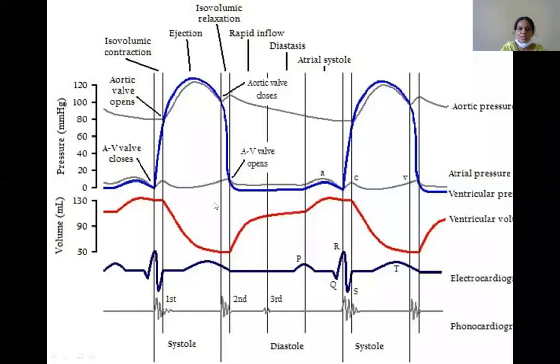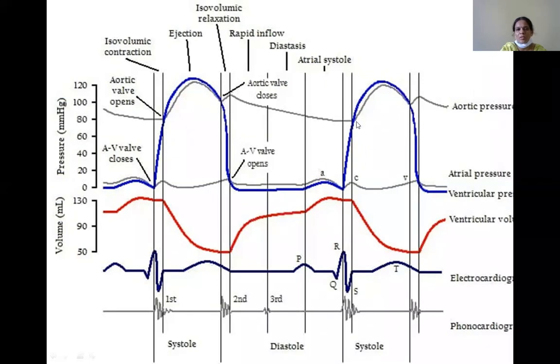What is happening in atrial systole, when this AV valve opens, when the AV valve closes, how is the volume in the ventricles, whether it's increasing or decreasing, what is happening to the volume in the ventricles. And this ECG, as you all know, shows the different waves: the P wave, QRS complex, T wave, and here the pressures. How are the pressures in the ventricles, that is whether the pressure is being increased or falling. During the different phases, it increases accordingly as well as it falls accordingly.